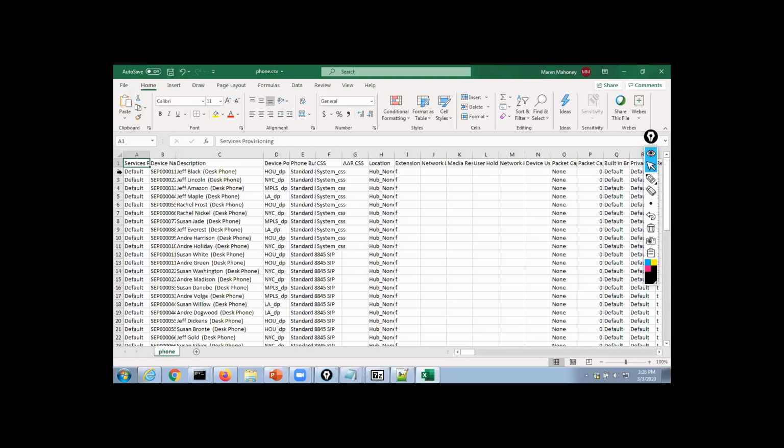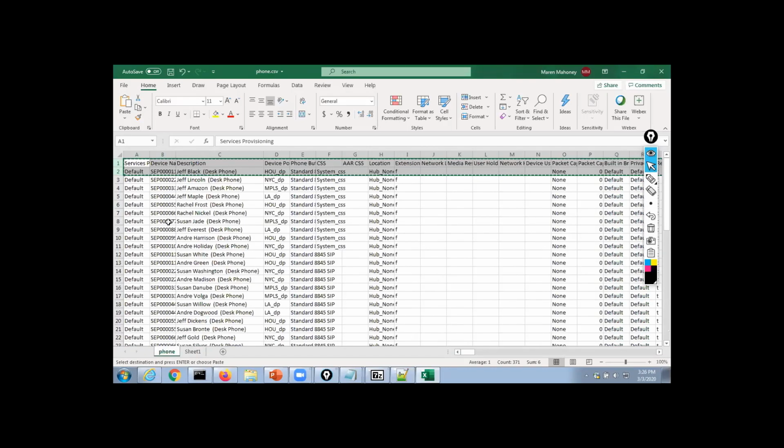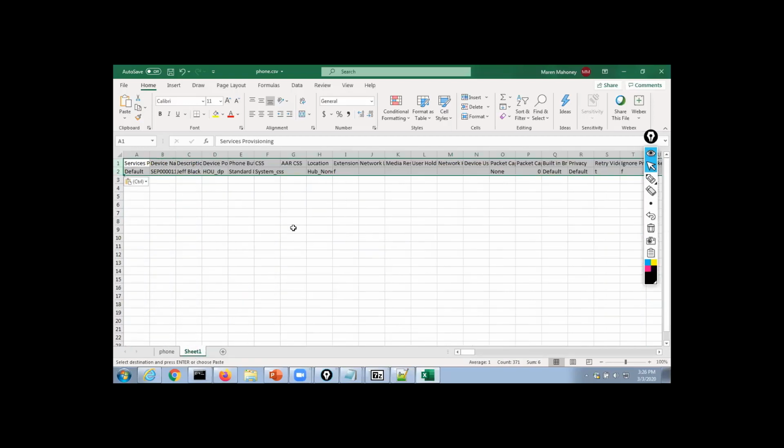It's just as simple as getting the header and the line itself, create a new page, paste, and now any phone that you edit, grab the line, stick it on here, and this second sheet is the one that you would put into your tar file for import. That way you're only going to be importing records that you're changing. And to that, while our other job is running,